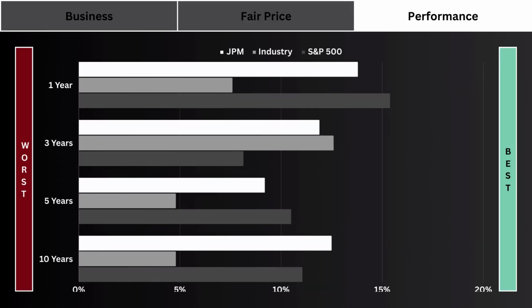So we've looked at the business and the fair price of the company. But other than that, sometimes you just want to know how the stock has performed over a number of years against its industry and that of the S&P 500. Sometimes you just want to know if the company has done well enough to invest in based on its past